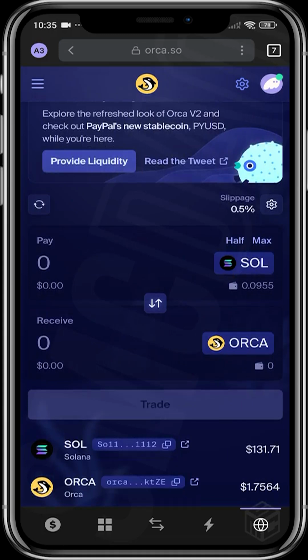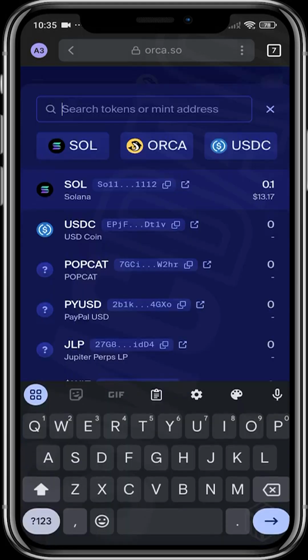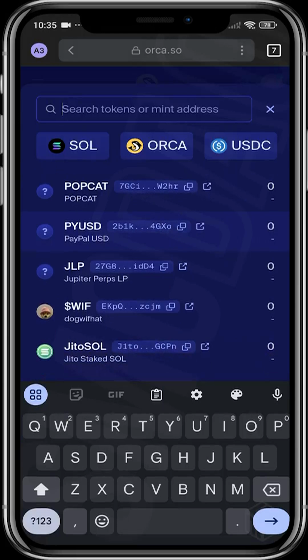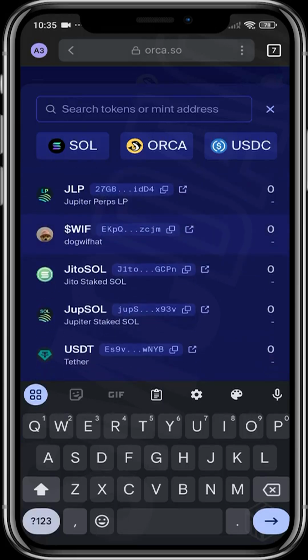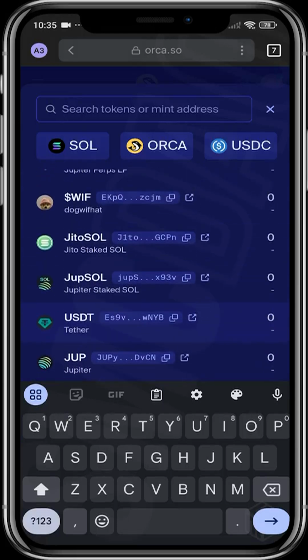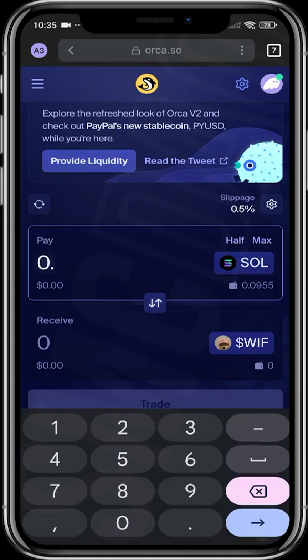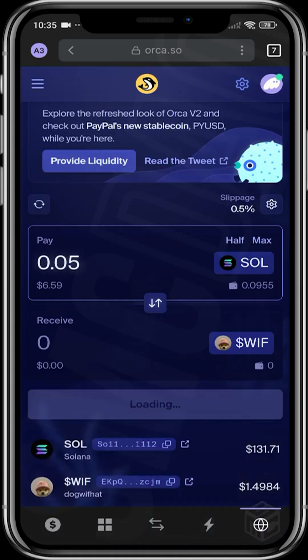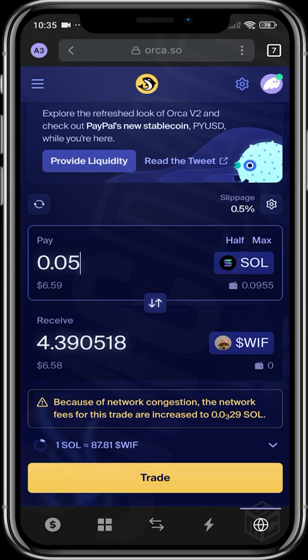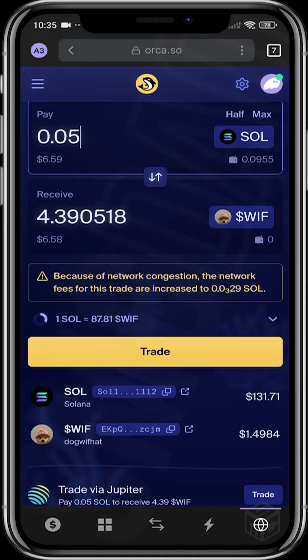So you can see, like I said before, the interface is very simple. You can see your SOL, and you can see probably the projects that you want to buy into, right? You can switch this out for any other project. You can see we have PopCat here, we have PayPal USD, we have WETH. These are projects that have liquidity pools with Orca, right? So let's say we want to buy about 0.05 worth of WETH, right? That's easy, right? So you can just do this, and then you just click trade,